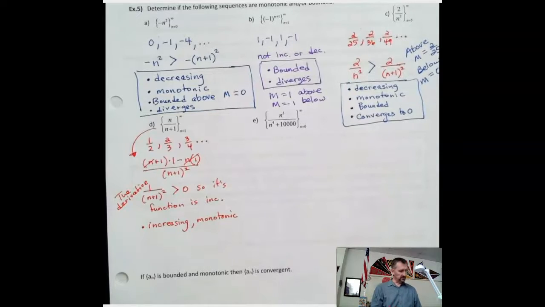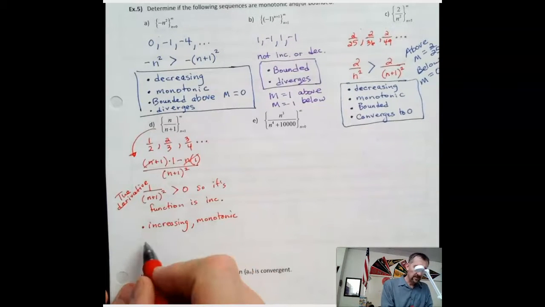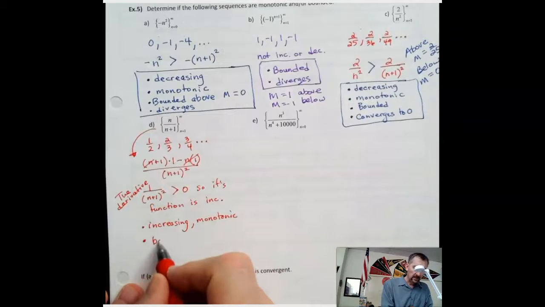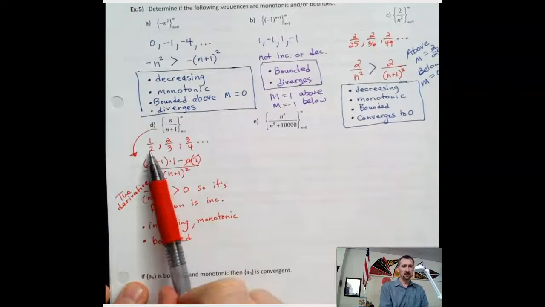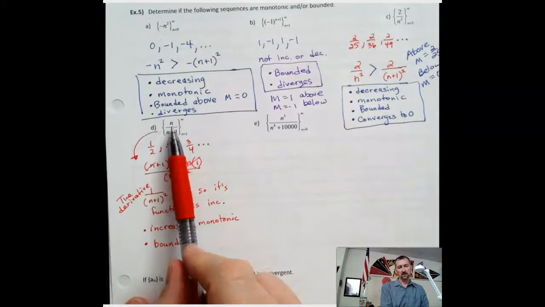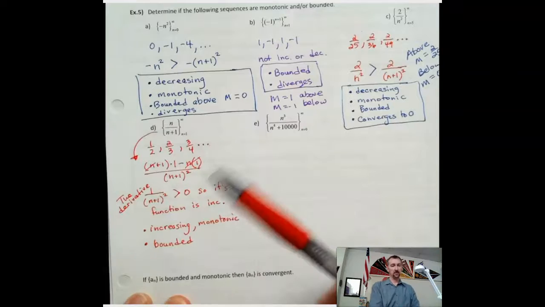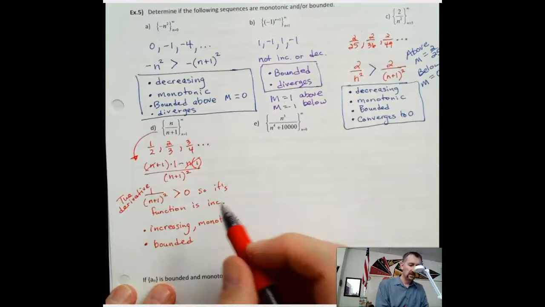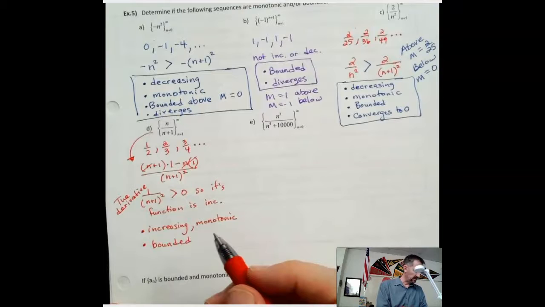And if we think about this, it is bounded. The most it could ever be, the numerator is always less than the denominator. So it's never going to reach 1. It's always going to be less than 1. So it's bounded, and we could say it's bounded below